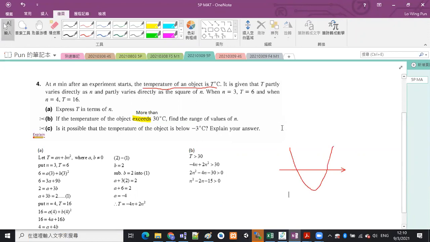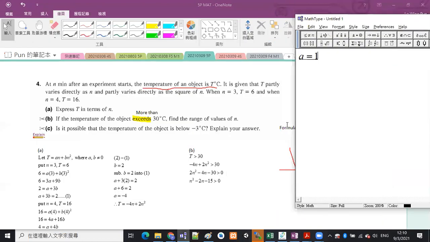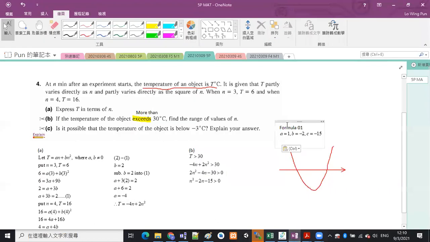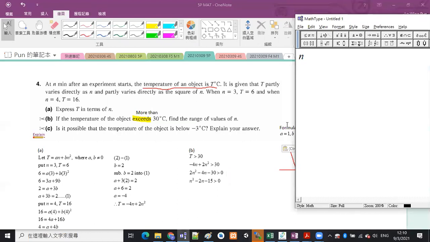So from the formula 1, so A is 1, B is negative 2, and C is negative 15. And then we find that the X or N, this time is N, should be equal to, I think it should be 5, or